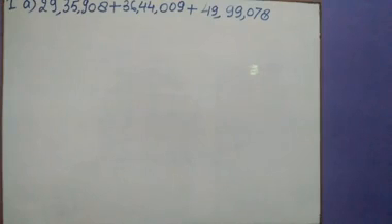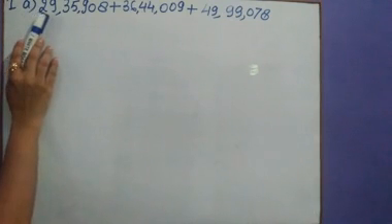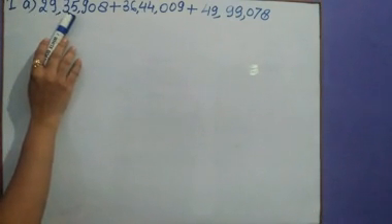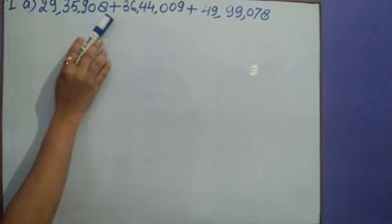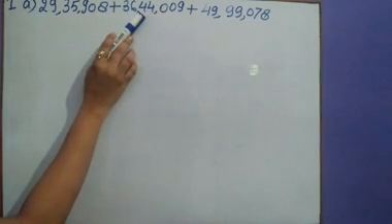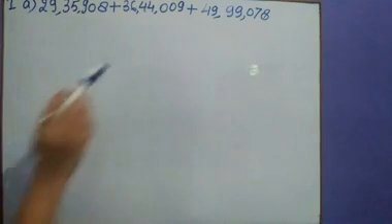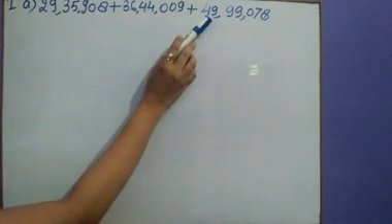Now, come to the exercise. Question number 1. Estimate the following sums to the nearest lakh and check with the actual answer. A. 29 lakh 35,908 plus 36 lakh 44,009 plus 49 lakh